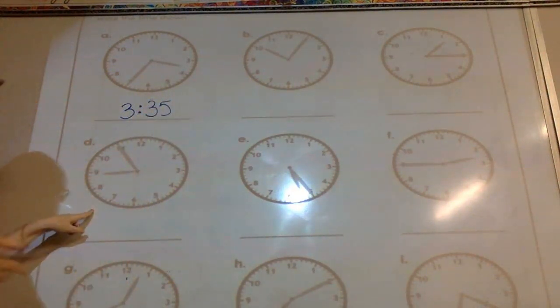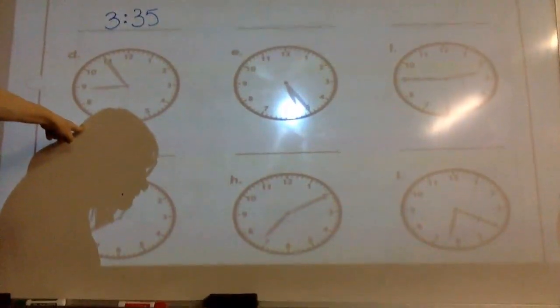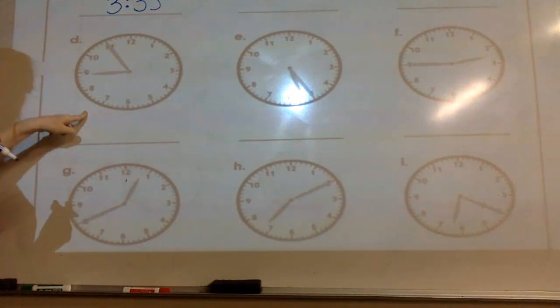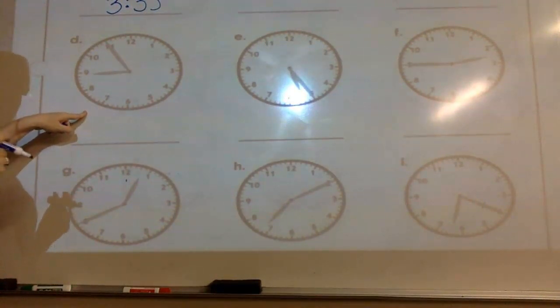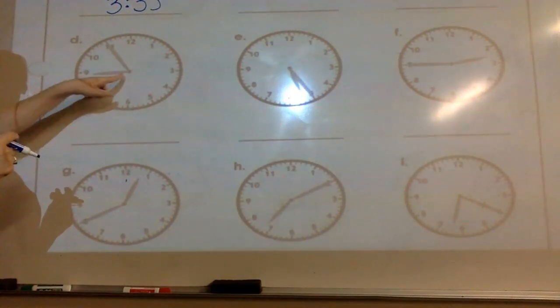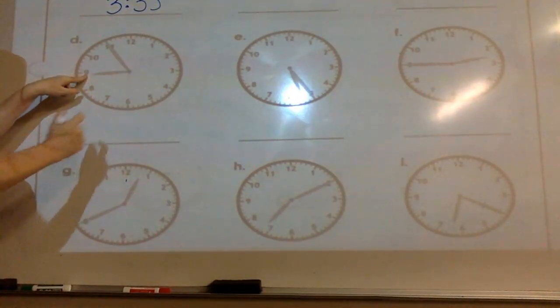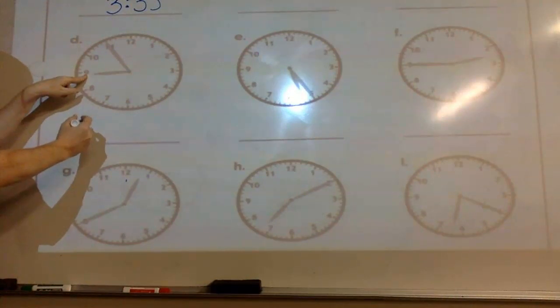Now let's look at this clock right here. We're at D. I know I'm skipping some, just helping you out, because this is a tricky one. Oh, the hour hand, the short one, looks like it's on the 9. I just want to write down a 9. But look,